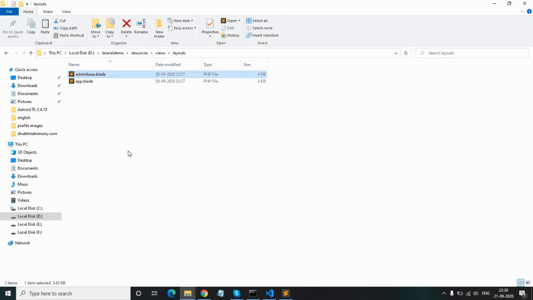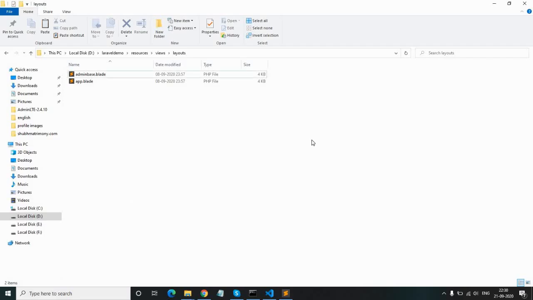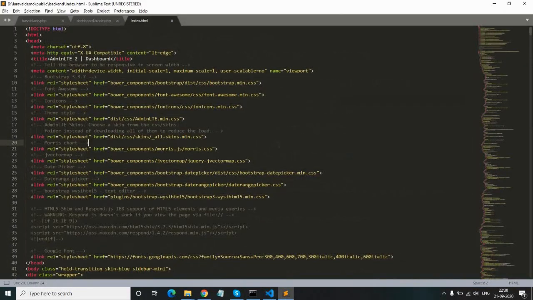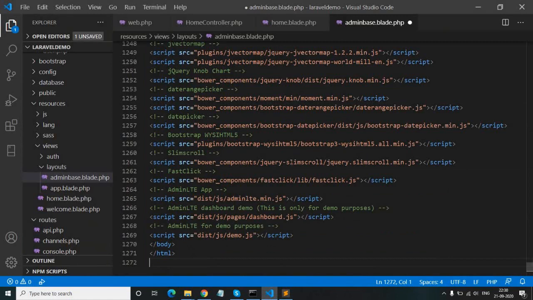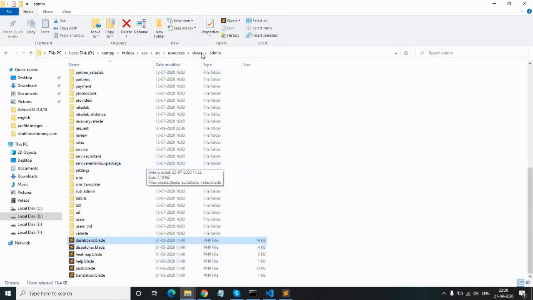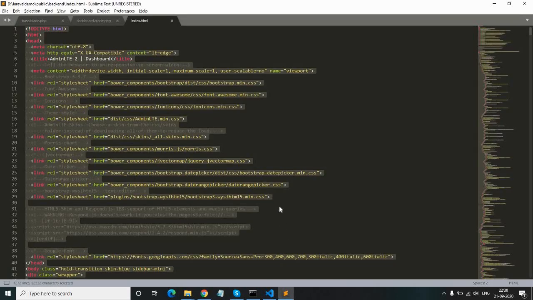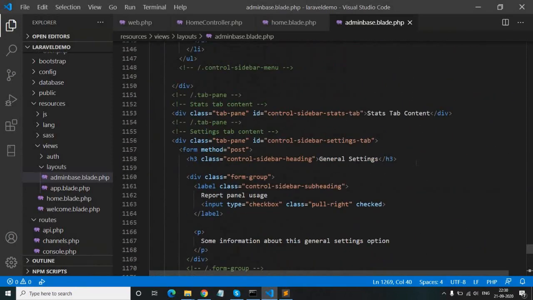Okay, so we will open this admin base.blade. Now we will paste all the code here. So I have copied all the backend template index file code to our project base file. So this is admin base.blade.php.